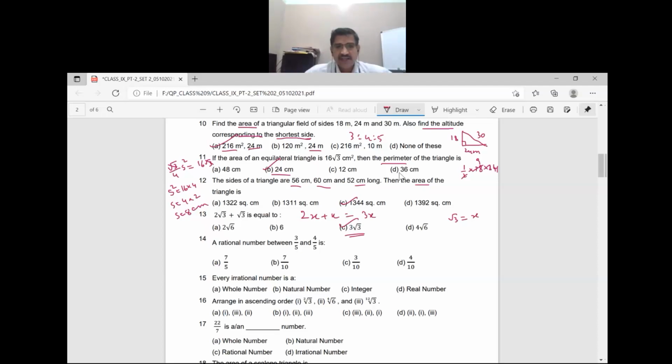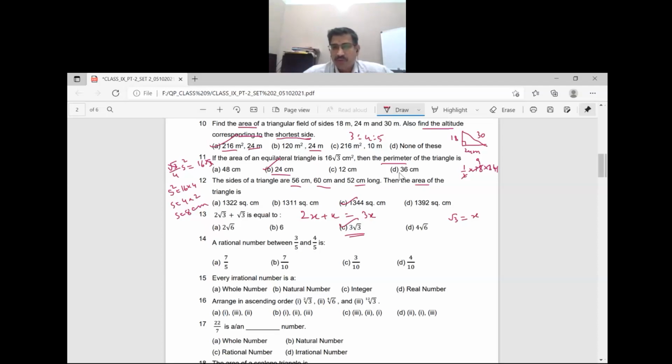Next, a rational number between 3 by 5 and 4 by 5. You know how to find it. This you have learned in class 7th as well as 8th. Okay. We must have the denominator same